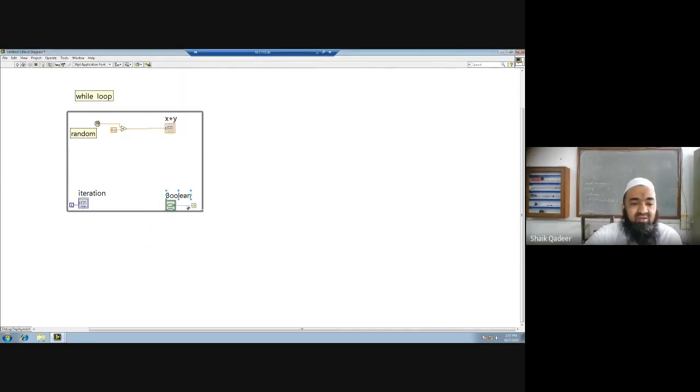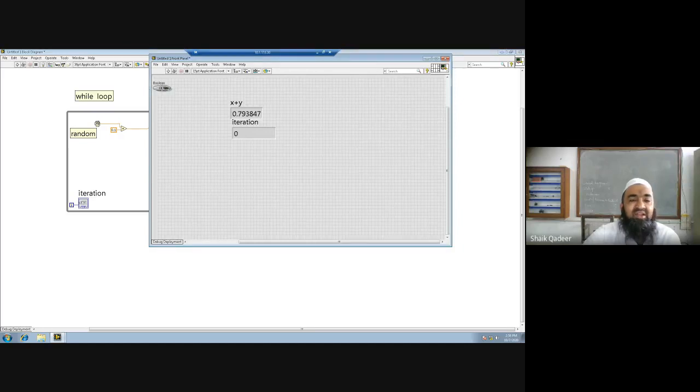What is written in the control? Continue if true. So if the control is 1, only then does the while loop continue running. If the control is 0, the while loop stops running. That is the reason we need to give the control a default one signal, an on signal. Then only, if you request to run, it will